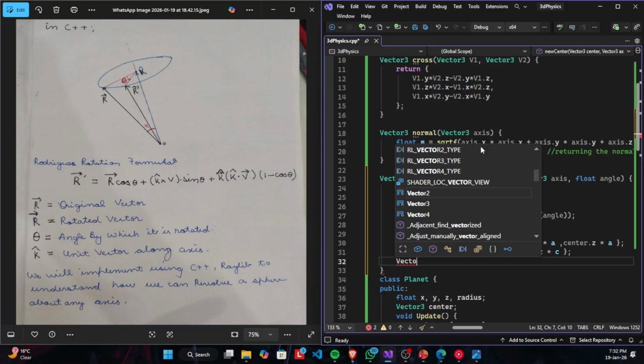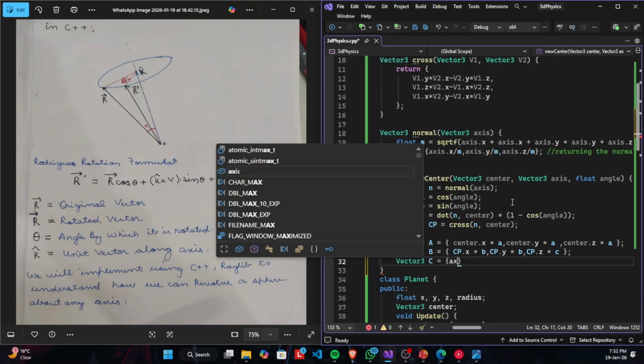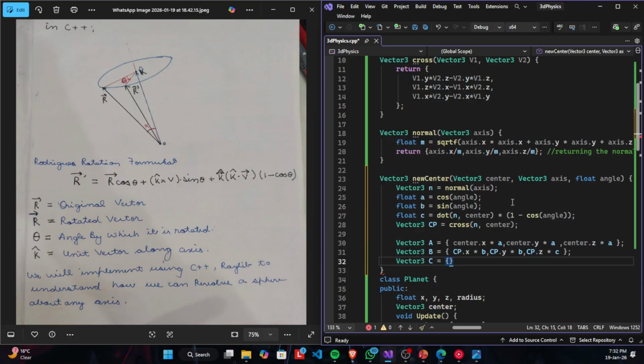Then vector 3 c is going to give us the last part. We need to find the dot product with the unit vector, so it's going to be the n dot x multiplied by c comma